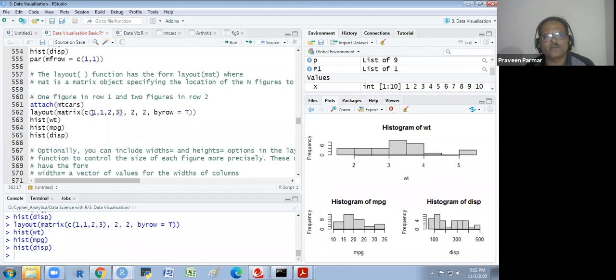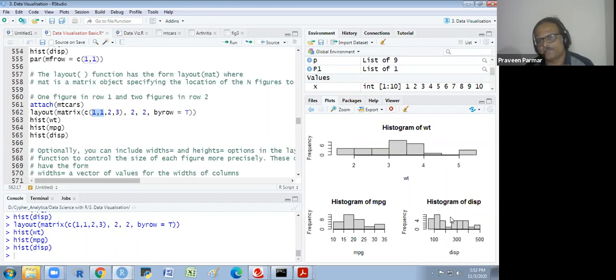This matrix we have to write in the layout. Here it is filled row-wise, matrix by row. So here the same figure, 1 1, and then the second figure, then the third figure.